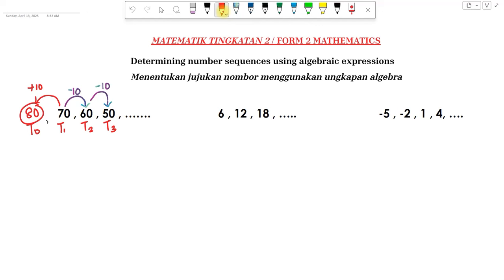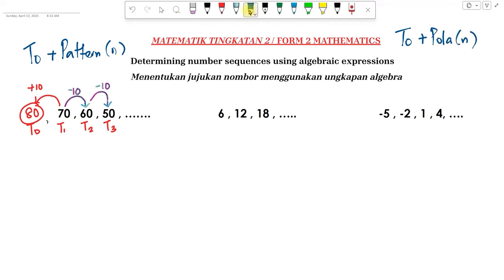Okay, so based on my explanation in my TikTok video, I told you that if you want to create an algebraic expression, you will have to use T0 plus the pattern, okay, and then followed by the letter N. Okay, so T sebutan yang sifar tambah dengan dia punya pola, iaitu corak, kemudian huruf N.